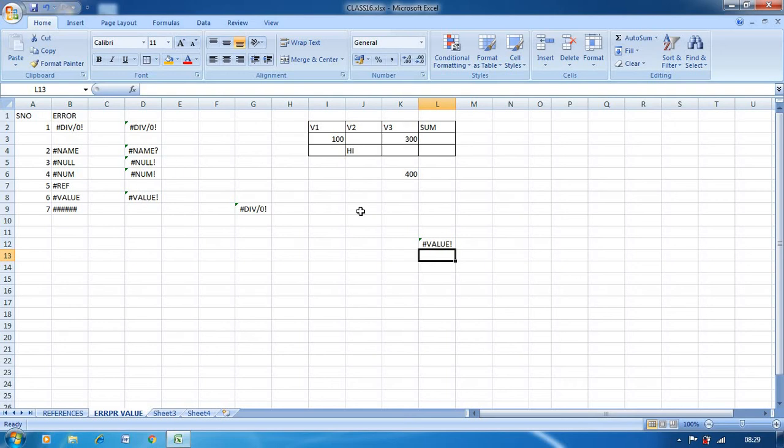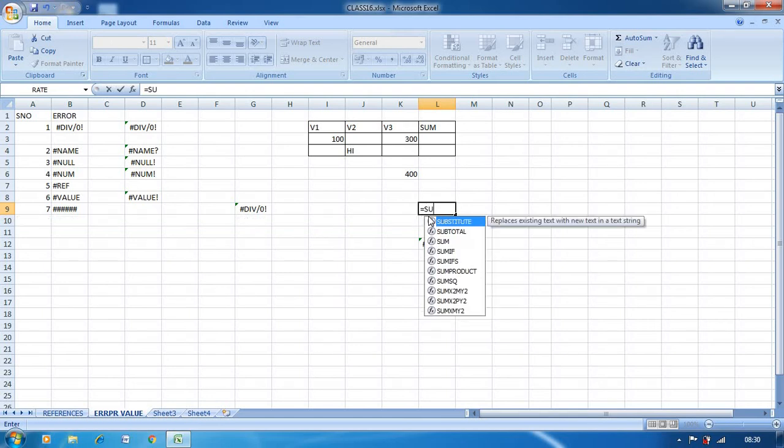So #NAME? comes now if I use the formula. Normally to find the sum we have to use the SUM function.